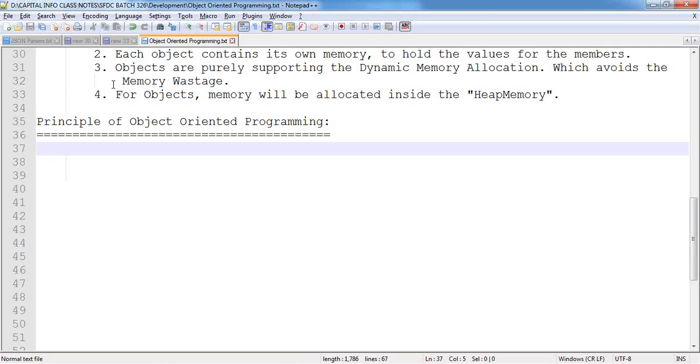Now, can you give me that? What are the various principles of object-oriented programming that you are aware of? Anybody from a computer background? Inheritance, abstraction, inheritance, polymorphism,